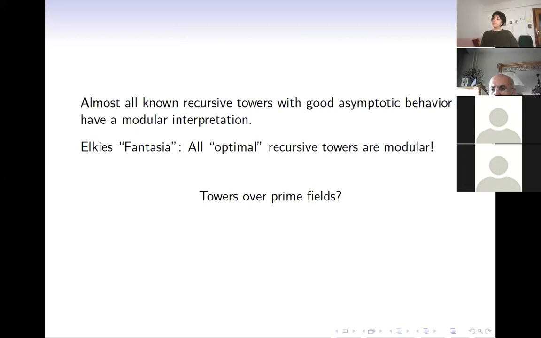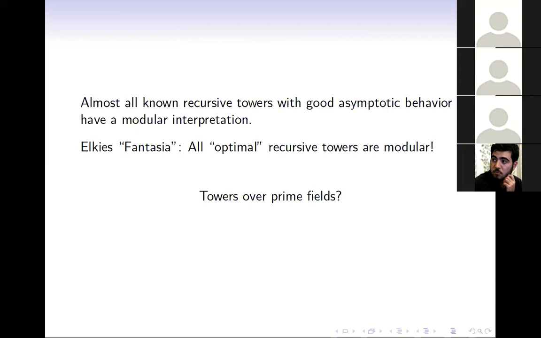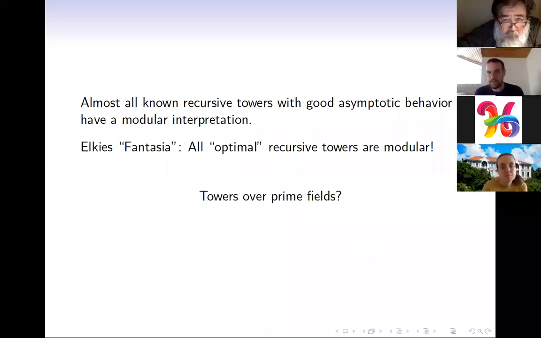Yeah? So they should be modular in some sense. And that's still kind of an interesting thing to notice, that when people come up by trying many examples with good equations that define some sequences that have some very extremal behavior, that they define curves with many points, and then it turns out that there is a bigger reason, a higher reason for their existence. Okay, so but then